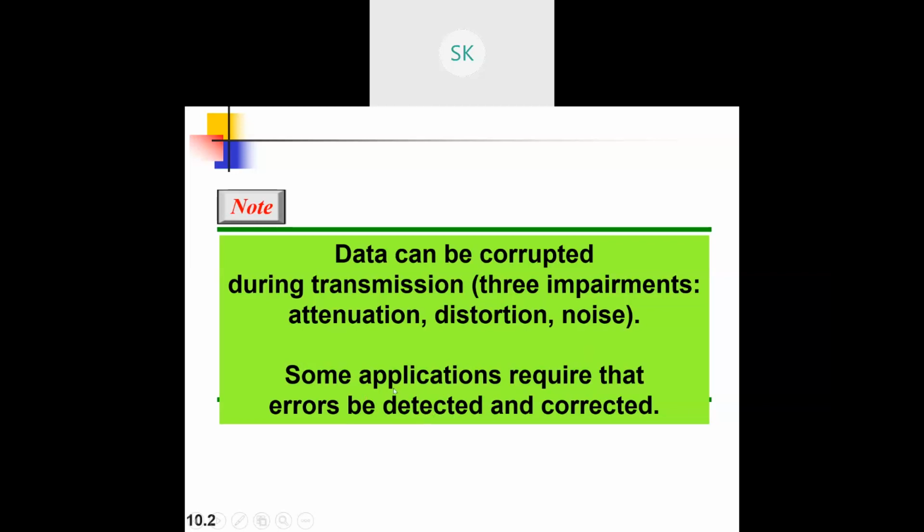Once that is detected, suppose at the third bit the data whatever you have sent, the bit value is 1 if you are sending it, and if it is 0 there is some change that has happened. That is what you call an error. The change is nothing but an error here. So that change needs to be detected properly. Suppose it has happened in the fourth bit, then the fourth bit needs to be corrected from 0 to 1, and again it needs to be transmitted. So this is what detection and correction is all about.